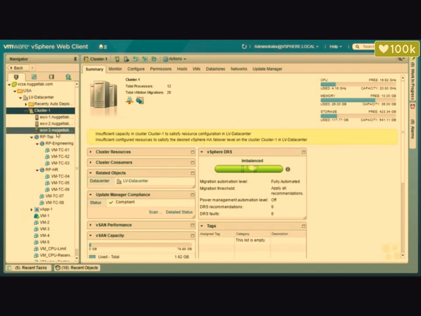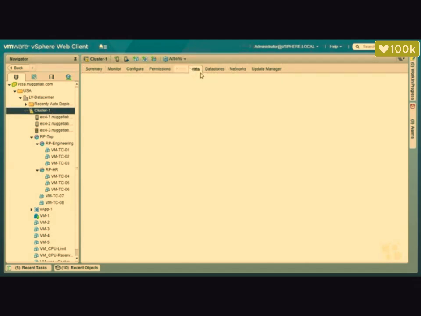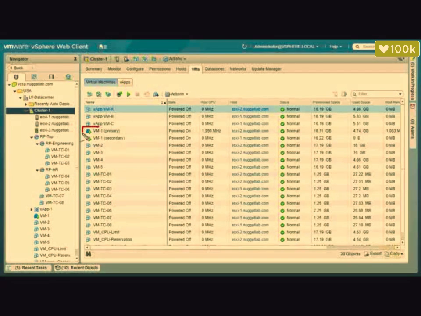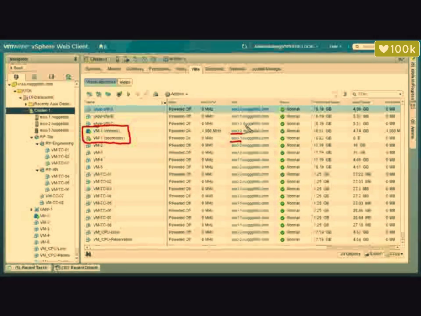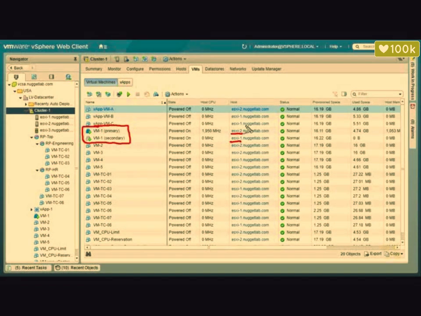Over on the left, if you'll notice, ESXi3 I've placed in maintenance mode so that when our lab booted up, ESXi3 is not available to run VMs. So with the cluster selected, if we click on the VMs tab right here, it's showing us that the VM1 primary is running as well as the VM-1 secondary. The primary is running on ESXi2, the secondary is running on ESXi1, and that's kind of a challenge because ESXi1 is very, very busy because it's hosting our virtual appliance where vCenter is running, which consumes a boatload of